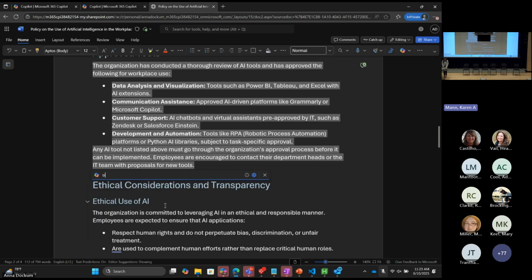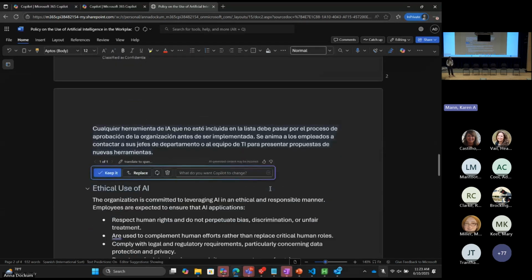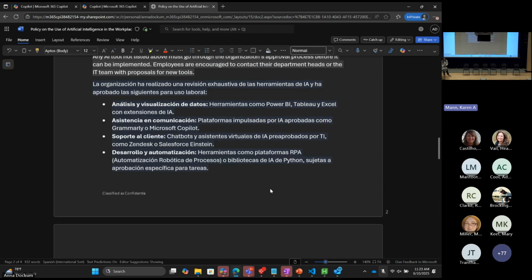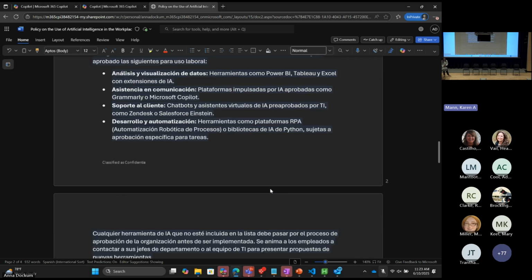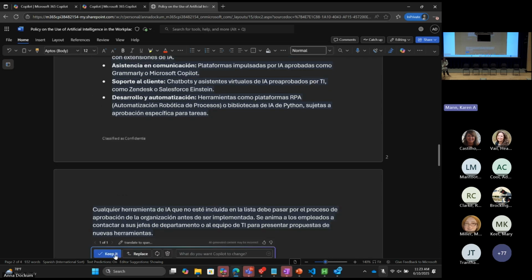I'm going to say translate to Spanish. Copilot supports up to 40 different languages. So now you can take any of your work and immediately translate it right here in your Word application. Extremely helpful if you're developing an FAQ or publishing something to your website where language barriers might come into play. In a matter of a couple seconds, you now have that draft here in a different language. I can replace it or keep it,